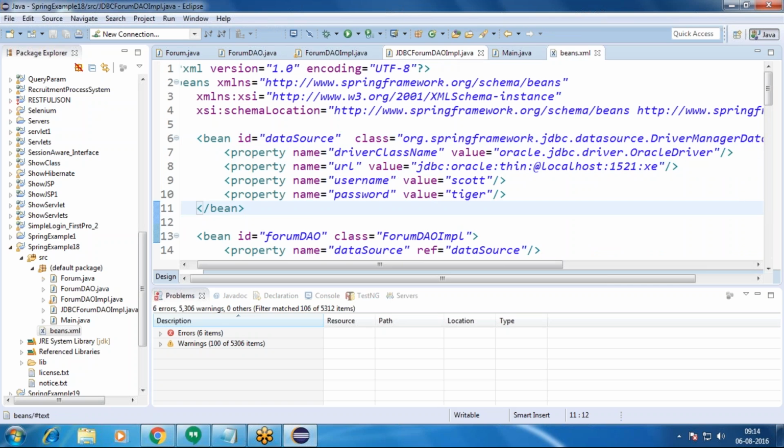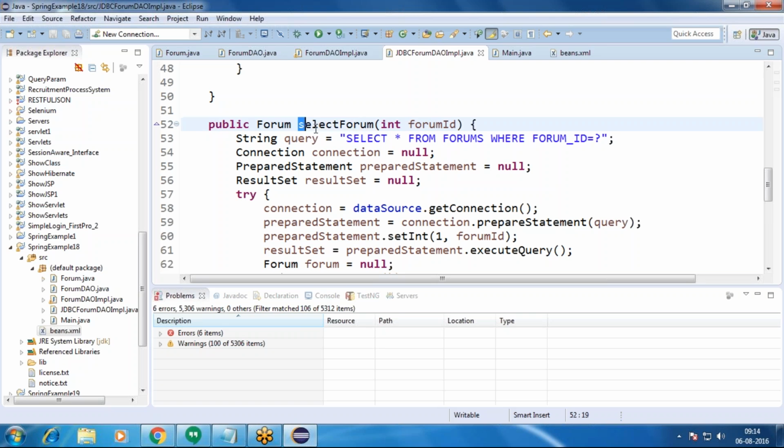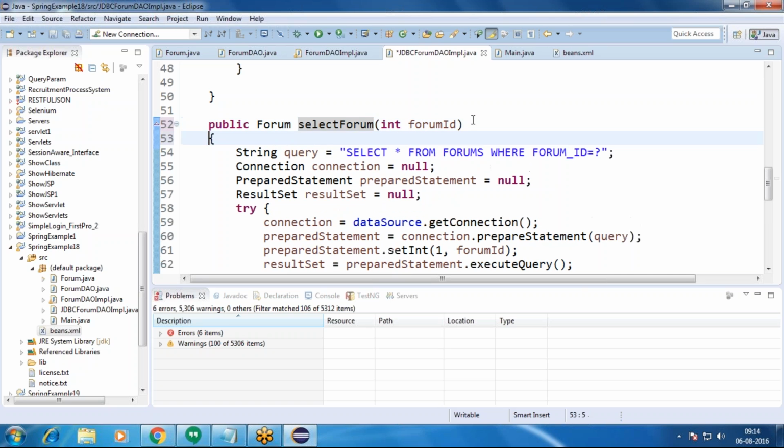Let me show, and in the same way, select also. selectForum: when we give a forum ID as a parameter to the selectForum method, the details related to that forum ID are retrieved.